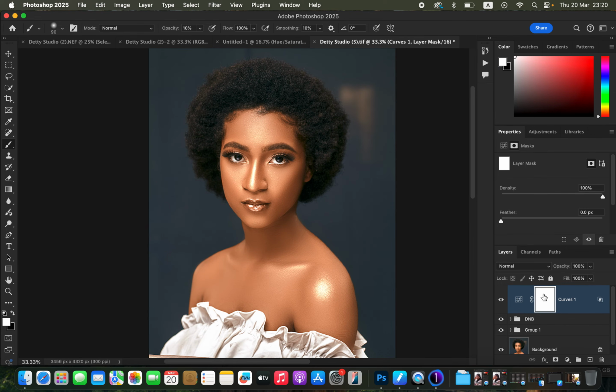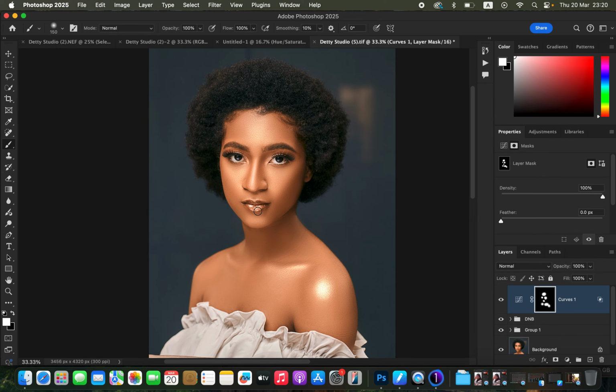Select the white layer mask and press Ctrl I, or Command I, so that the effect is inverted. Then get the brush tool, with the opacity and flow at 100% and white as the foreground color, and I'm just going to start painting on only the brightest areas, or the highlights, of the image. You can see by just doing this, we are making the skin glow or shine on the model's face. I'm just going to paint on only the areas that I want to have this nice and beautiful skin